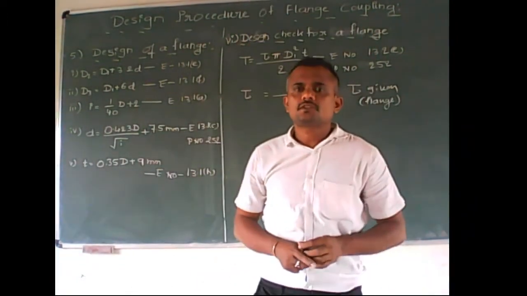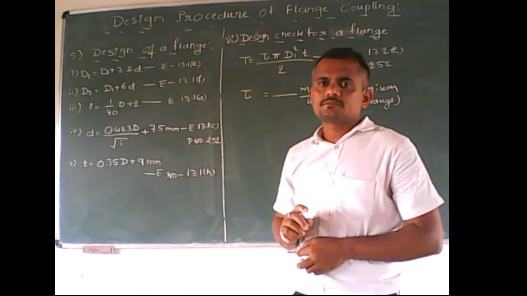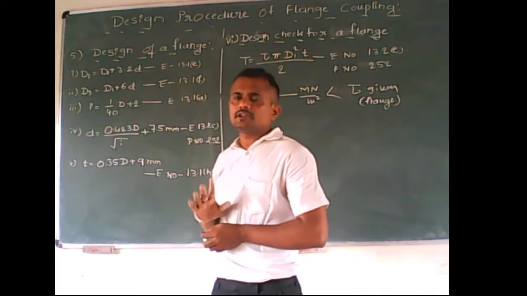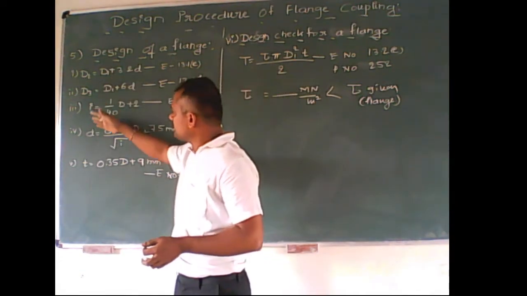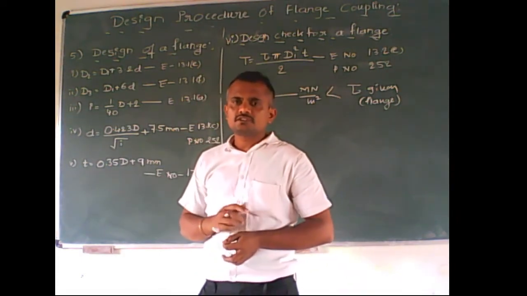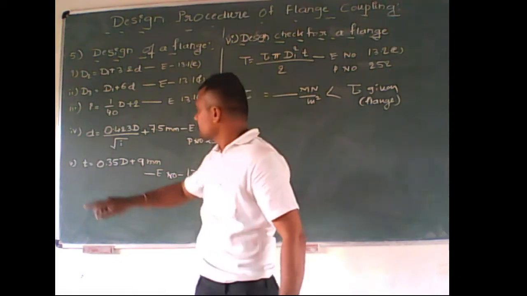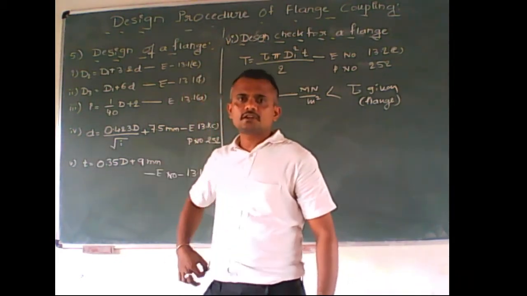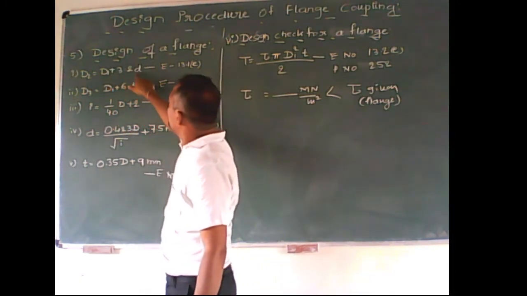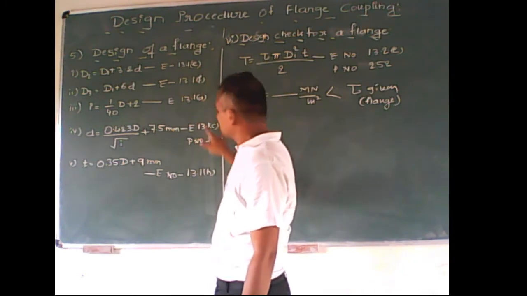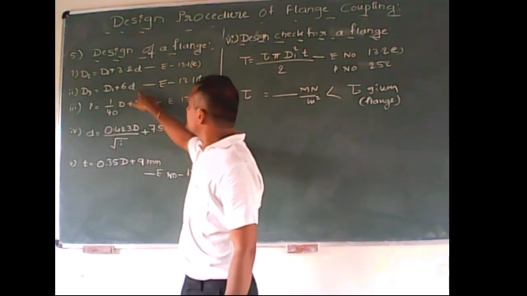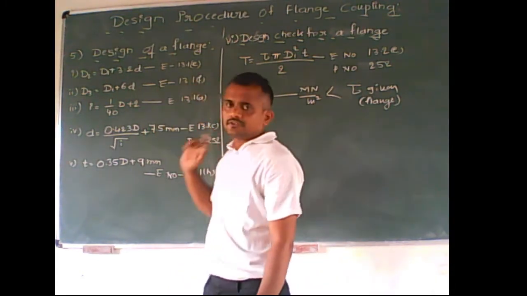So dear students, after the design of the key, we have to go for the next design, that of a flange. In the design of a flange, many parameters like D2, D3, I, small d are required. Here small d means the diameter of a bolt which is used in flanges. Okay, and T is also required. As you know, the first parameter is D2 is equal to D1 plus 3.2d. Equation number 13.1 of page number 252 can be used. D3 is equal to D1 plus 60d. Equation number 13.1f is used.